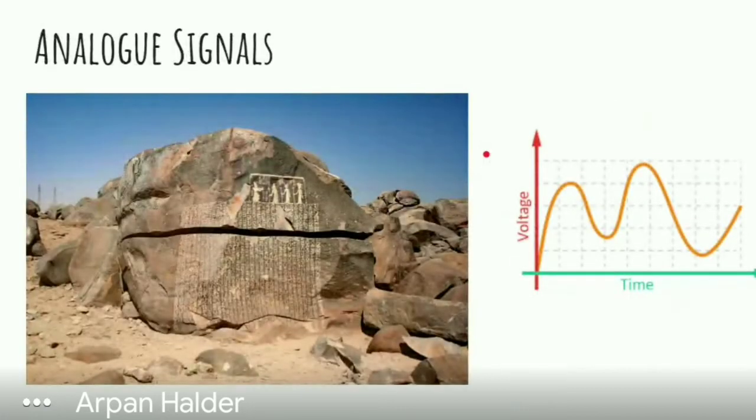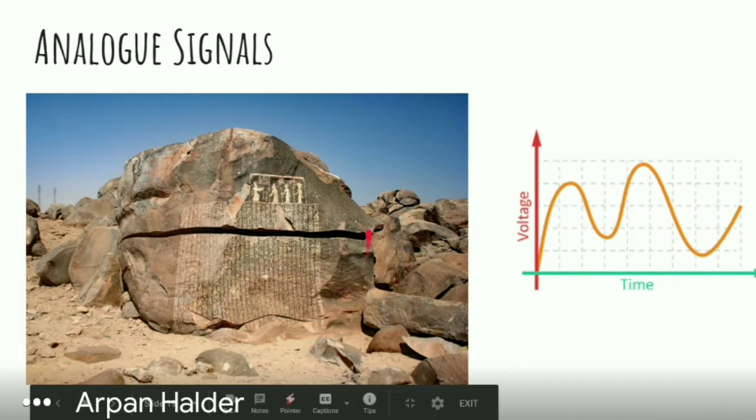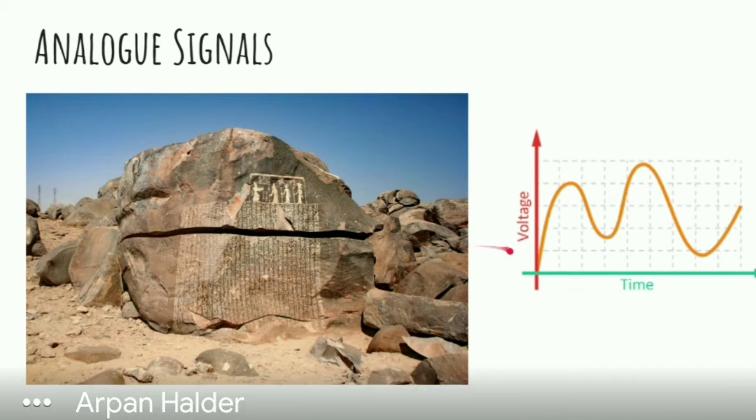Now, before jumping into analog signals, let's define what actually is a signal. A signal is basically data that has a time component to it. Even when our ancients wrote their timely incidents, that is also a signal by definition. In our case, we are concerned with a time dependent voltage or time dependent current that we are going to measure with our microcontrollers.